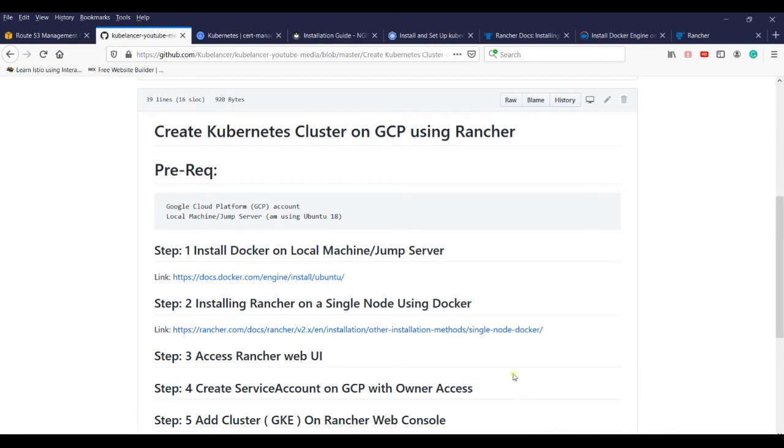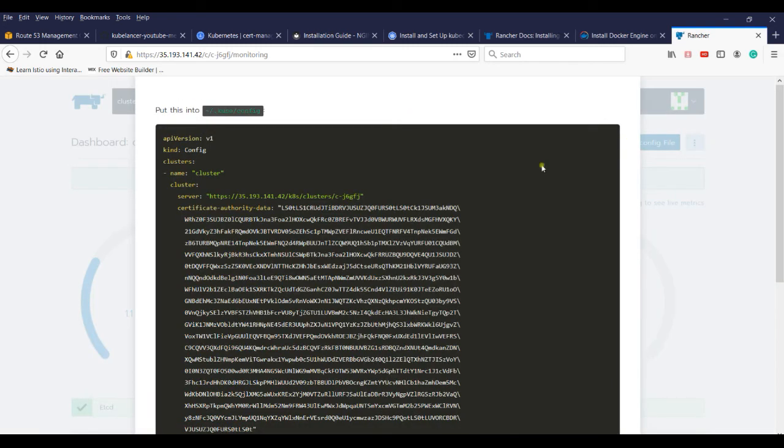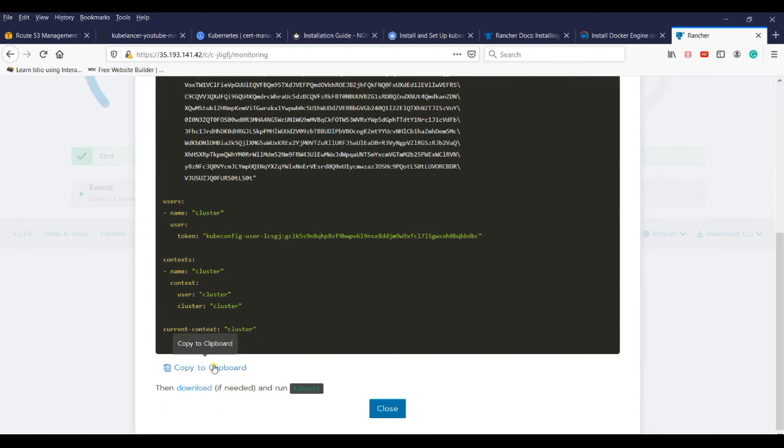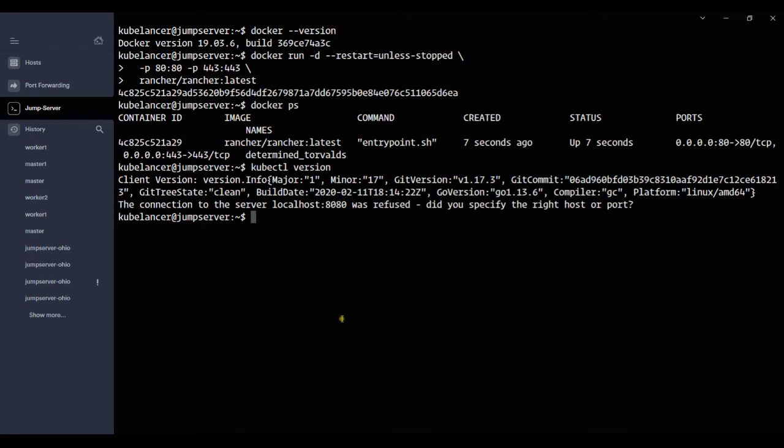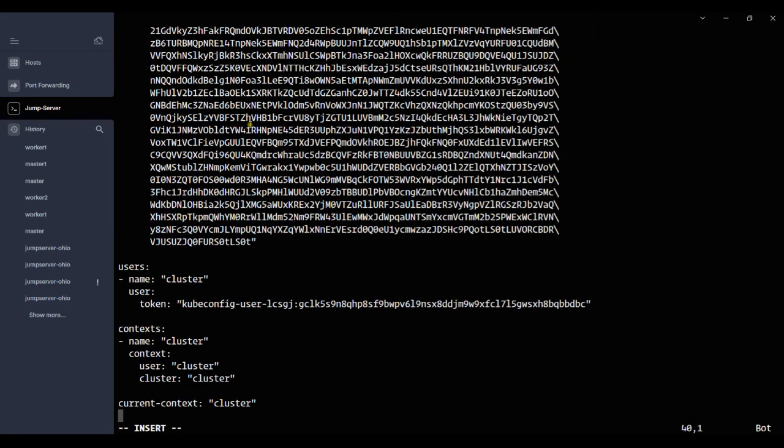To access the GKE cluster from the Jump server, copy the kubeconfig file from the Rancher console, go to your Jump server and create a directory .kube, create a file named config under .kube and paste the contents.